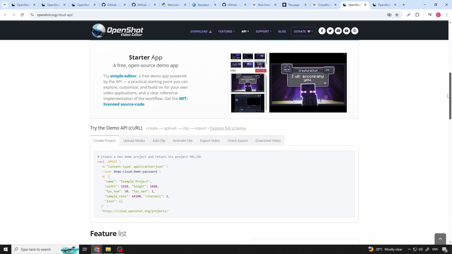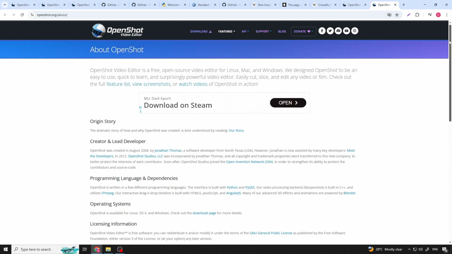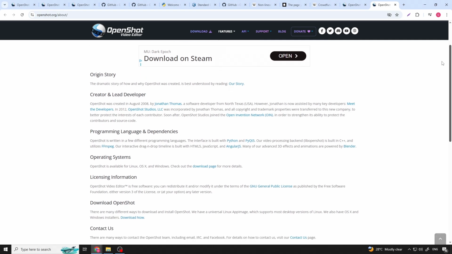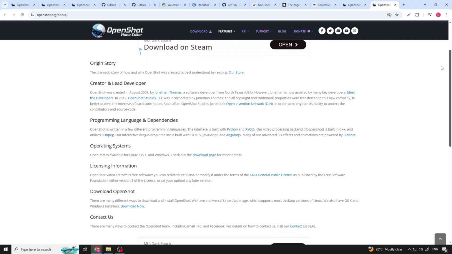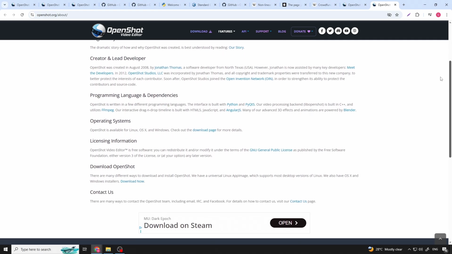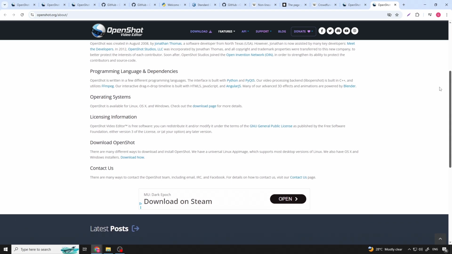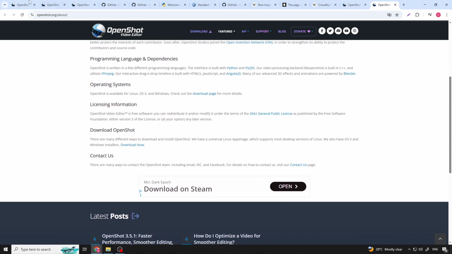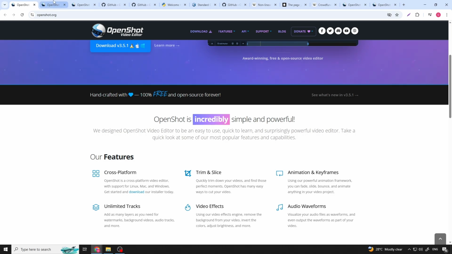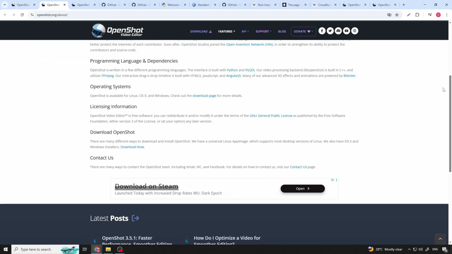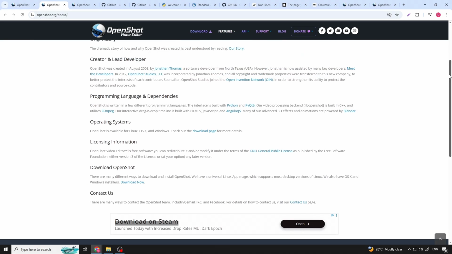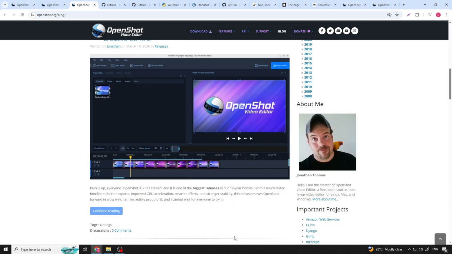on its promises. OpenShot Studios, LLC operates the OpenShot Cloud API, a commercial service for automated cloud-based video generation on enterprise infrastructure. The revenue from that commercial product funds the free desktop editor. This is how OpenShot continues to exist as a maintained free tool without requiring users to pay. OpenShot 3.5.1 is the current release as of April 6, 2026.